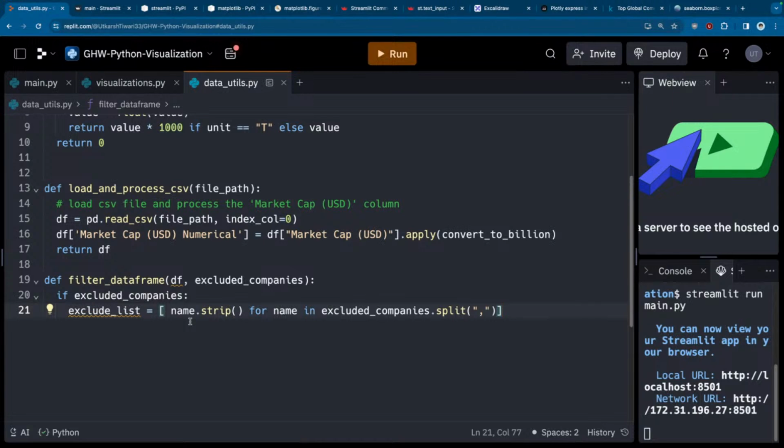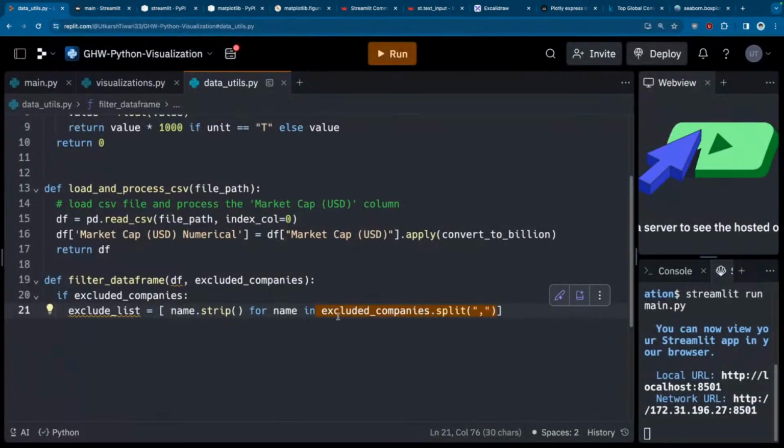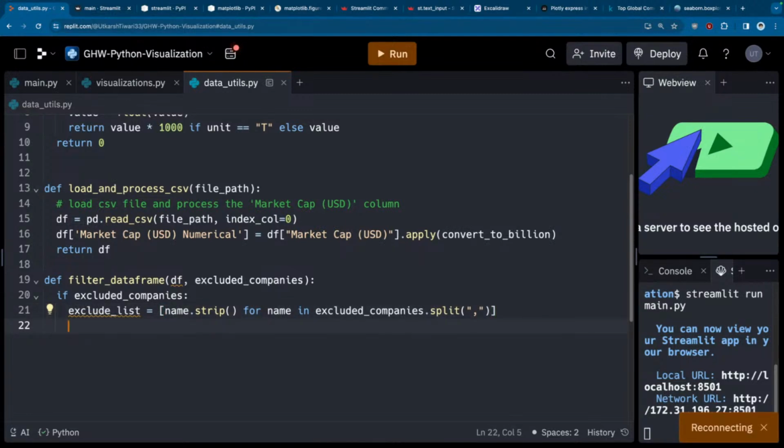I know it looks so confusing, but the idea is start reading from here. So for name in excluded companies, we know that excluded companies is a string. So we first split that string on a comma. We will have ABC as one element, DEF as another, double inverted comma as third element, then this whole thing as fourth element. So split it over a comma, then take out each value from that and remove the white spaces around them, if any. Once you have done all of that,